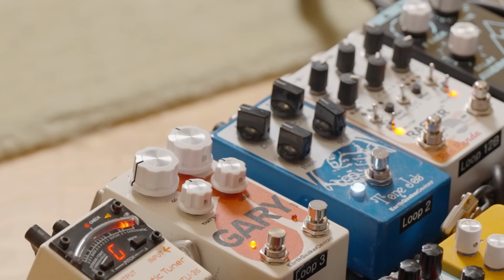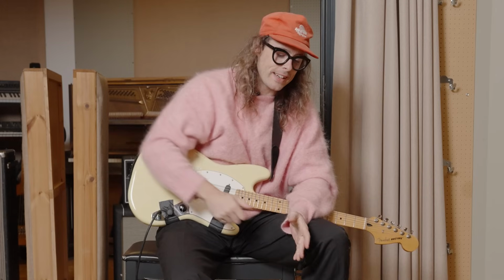So it's just a hard square wave, fuzzy tremolo part. Another song Gary has been used on in the new record Tank is on the choruses of Dancer, where